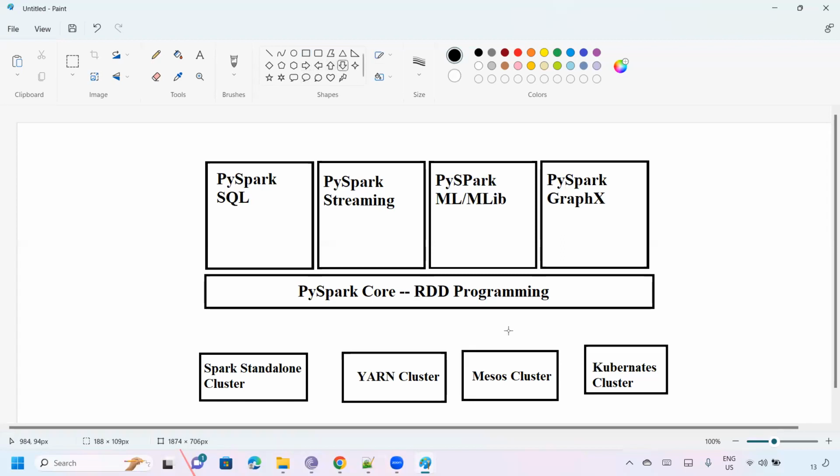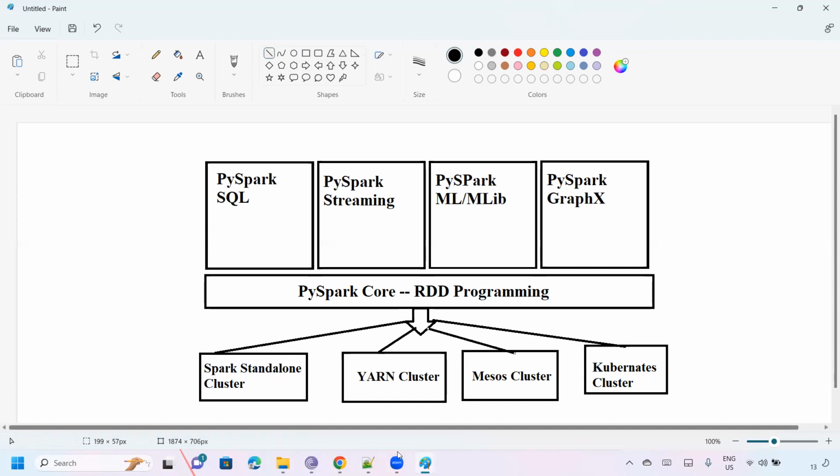Let's say our development is completed. Once development is completed, you can deploy Spark applications on Spark standalone or Kubernetes cluster or Mesos cluster or Yarn